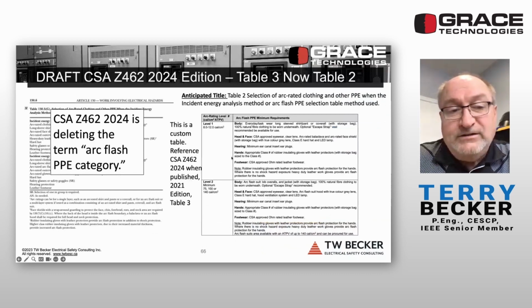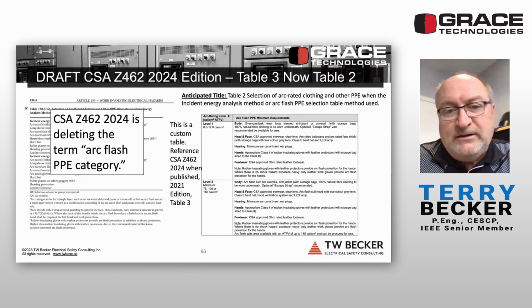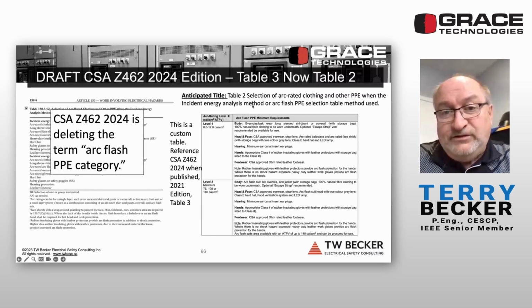All right, so we always had these tables that referenced 2 arc rated clothing selection requirements. Well, what's going to change in Z462 is we'll have the one table that applies to both the arc flash PPE selection table method or incident energy analysis. So it'll be also a renumbered table because our tables are going to be renumbered in Z462 because we relocated, unfortunately, the work task table from clauses to Annex F, which I also did not sponsor. Now that's anticipated to happen. All right, so we're changing the title, right, to what will be Table 2 in Z462,